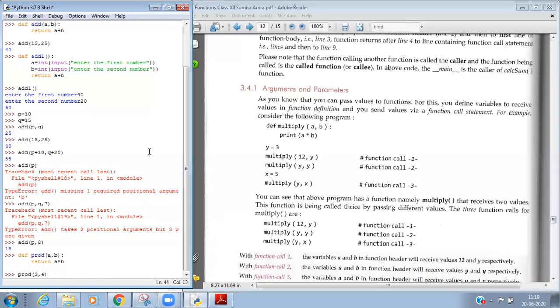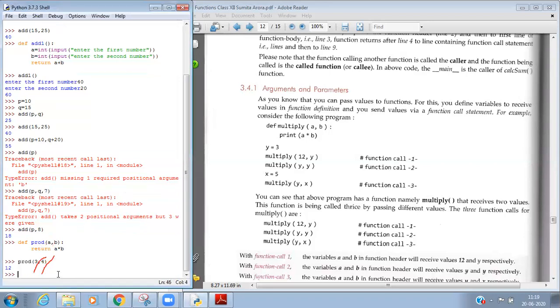Where will these values be received in the function? 3 will be received by A and 4 will be received by B. So A is the parameter, B is the parameter, and 3 and 4 are known as the arguments. I will run this function with these values. So the result is 12.